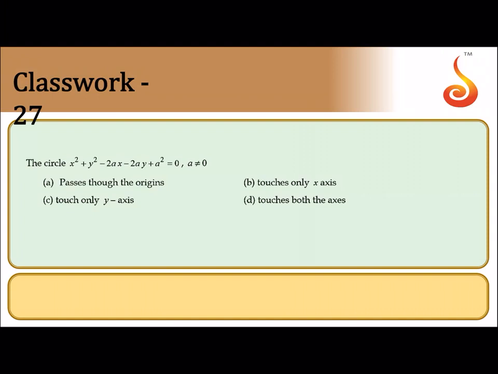27. This is a circle, passes through origin. The A is given, so it can't pass through origin. Touching only the x-axis. And we already studied this in the synopsis also. x square plus y square plus 2gx plus 2fy plus c is given. It means touching: this value and this value are squares of it. So it touches both the coordinate axes. What was the form? x square plus y square plus 2gx plus 2gy plus g square is equal to 0. It means touching both the coordinate axes. Option D is correct.